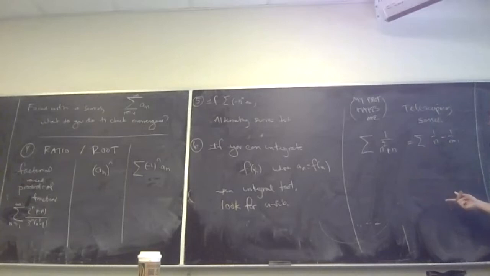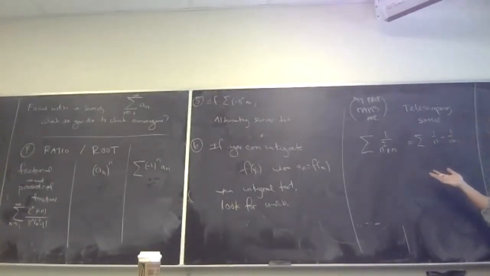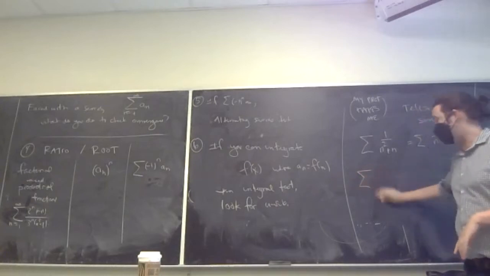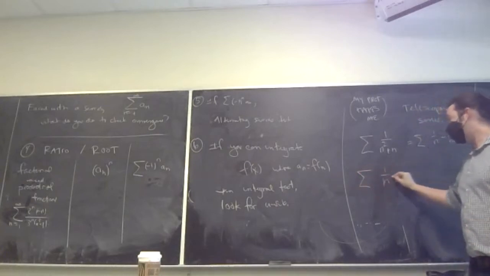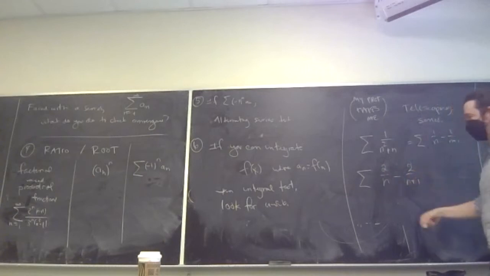So telescoping series do show up. They're unlikely to show up independently, but if you notice something is telescoping, you're absolutely welcome to do it that way. If I give you a telescoping series question, it will be obvious that it telescopes. Like if I asked you to calculate the sum of 2 over n minus 2 over n plus 1, I have to have the numbers be the same, right? If I give it to you like this,